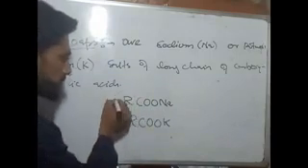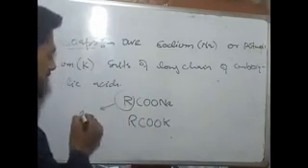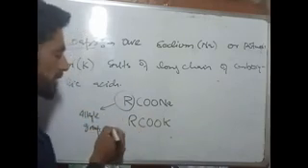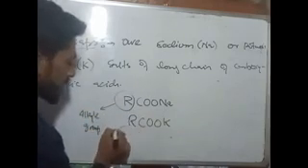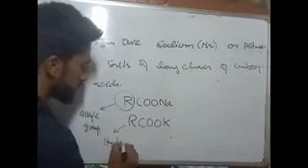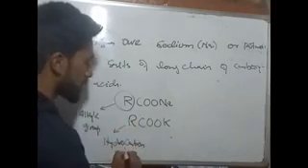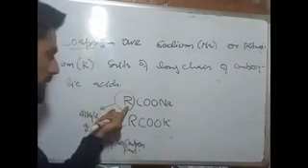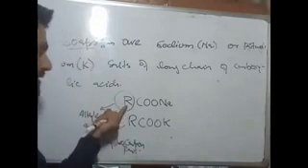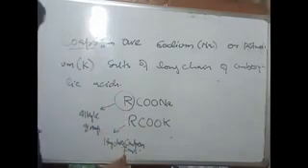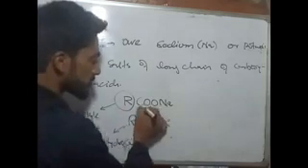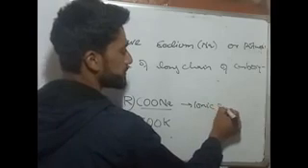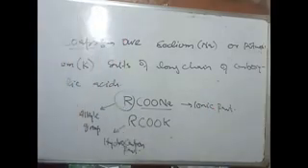This R part is known as the alkyl group or hydrocarbon part. This first part of the soap, the R part, is known as the alkyl group or hydrocarbon part, and the rest, this group, is known as the ionic part.